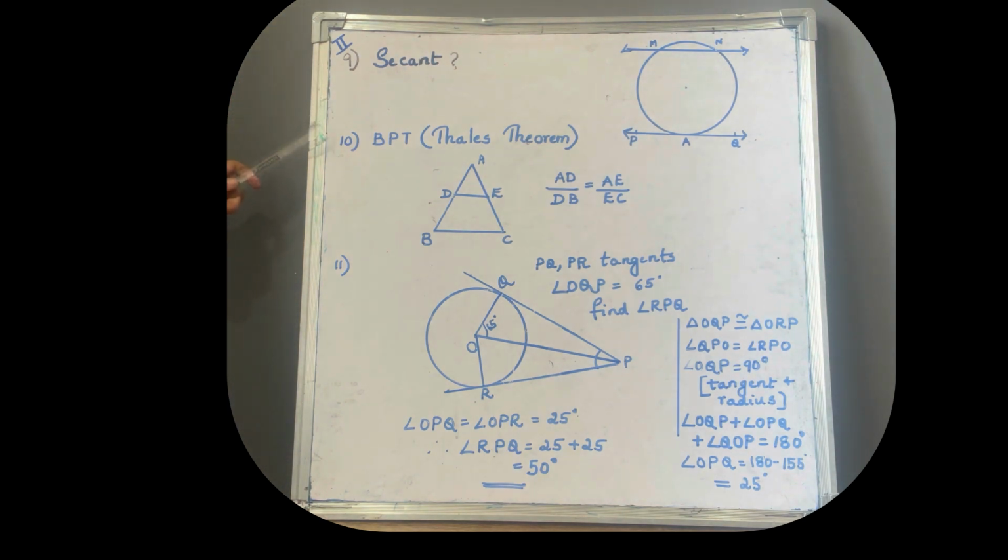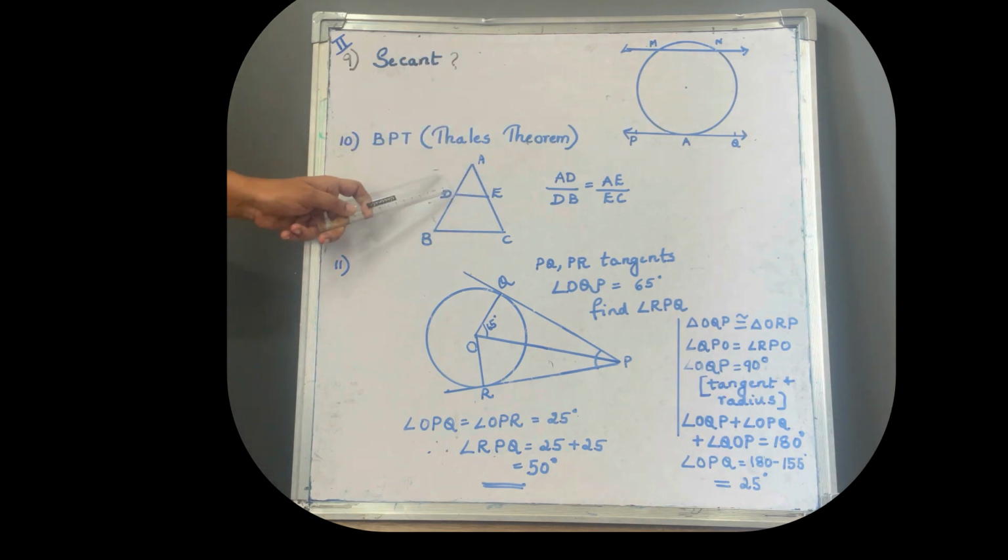Moving on to the 10th question. State basic proportionality theorem or Thales theorem. You can see the statement in your textbook, but I'll do the explanation here. So a triangle ABC,